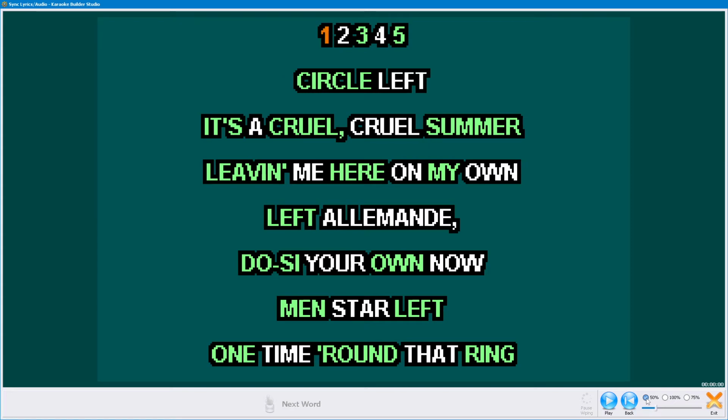Once you get it playing, I think you can click on this next word button. You can click every time, or I prefer to use the space bar. Every time you hit the space bar, you're tagging that spot or that word. So I'm going to hit play. Timer's at 1,